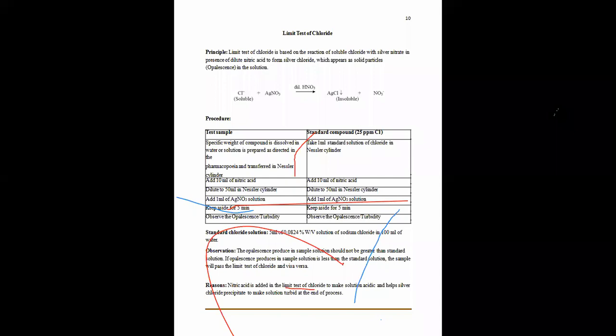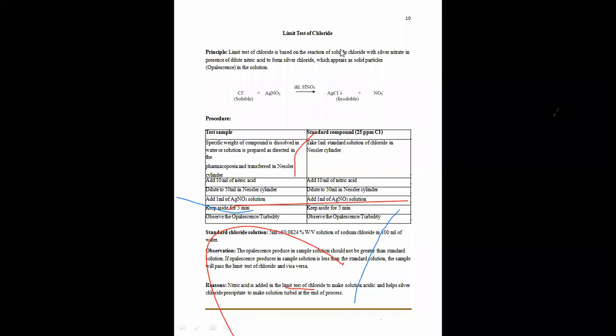Now, for every synthesis, for every pharmaceutical drug production, everywhere, not only that, the washing of the apparatus is also done by water. So this water may contain chloride ion. That means chloride is an impurity present everywhere in the pharmaceutical drug molecule. It is there in water itself. So we can't avoid the presence of chloride ion in the pharmaceutical substances. So we have to give a certain limit for the presence of these chloride ions.